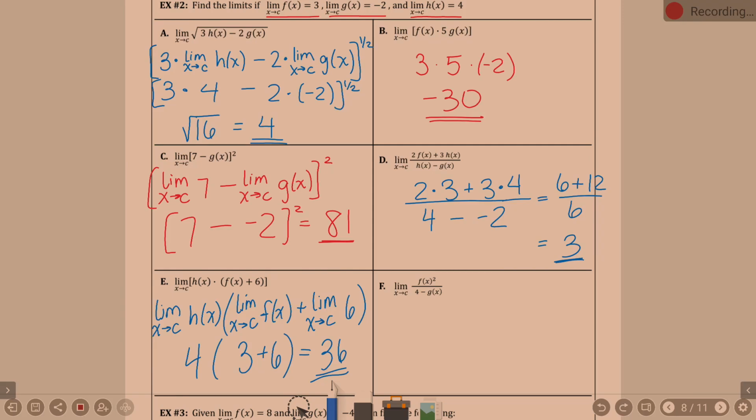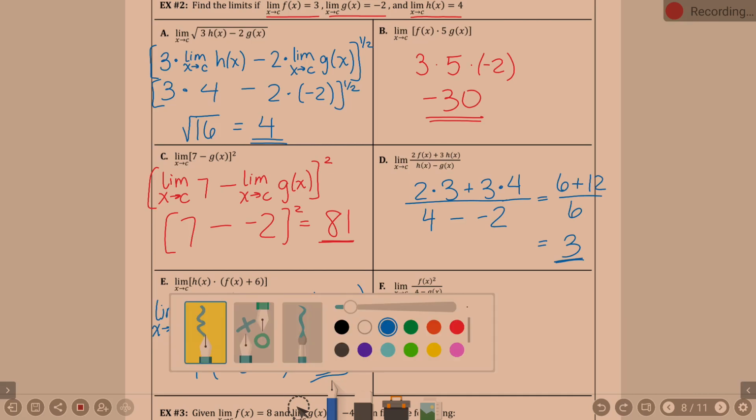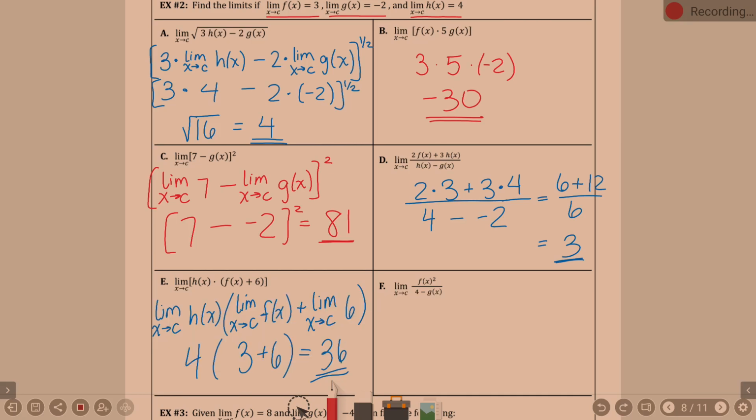Do I write it out or do I skip writing it out? You think I can skip it? Okay. 3 squared over 4 minus -2. So,